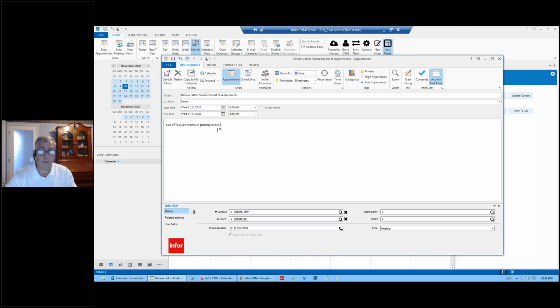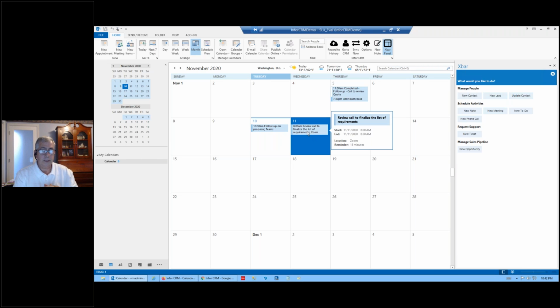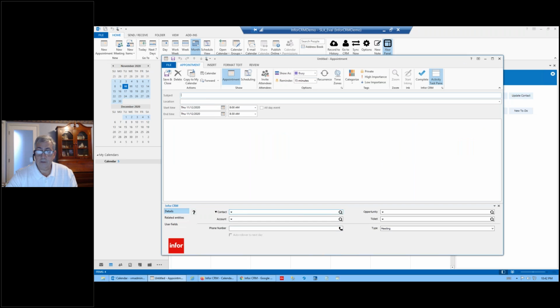So if you knew what some of the priorities were, you would go ahead and put that in your notes. And then as you're holding the meeting, you could add to that. Now you saw that little flash come up that said it synced that particular meeting over to Infor CRM. And so that's how, when you're in Outlook and you're scheduling new activities, you can have them automatically linked to Infor CRM. Now, if you were just scheduling an appointment and you're not using this bottom box,